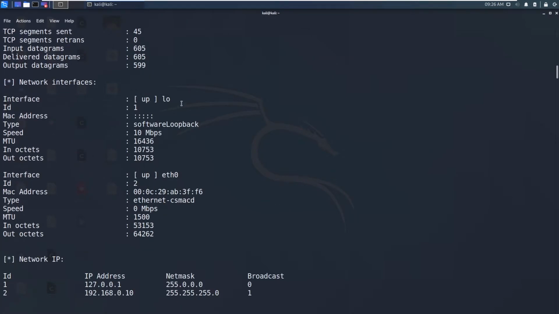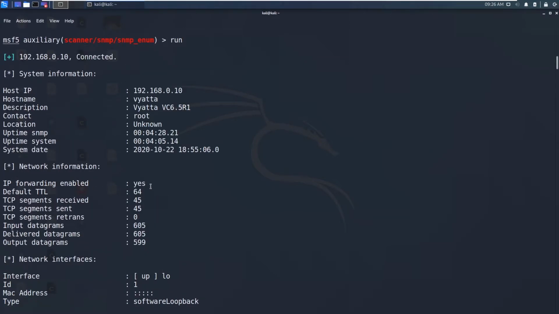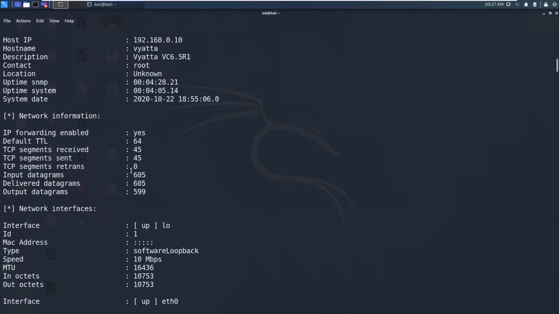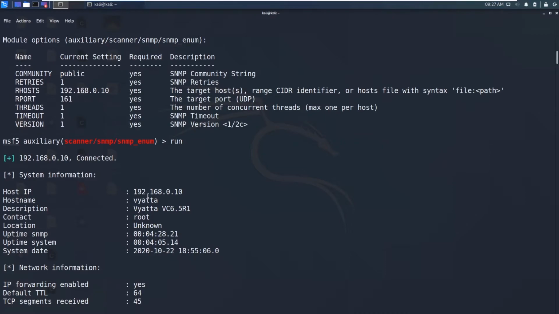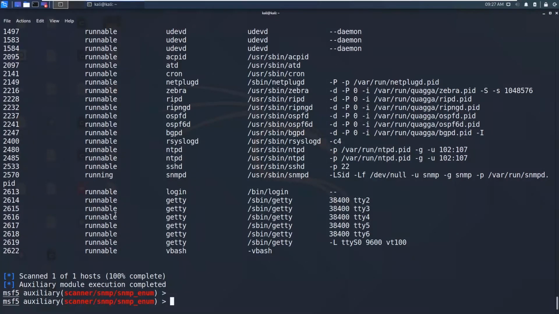You can see the network interfaces, loopback and Ethernet 0, and you can see the networking information and system information. You can see Vyatta and the description, the actual version number of this Vyatta. You can also use Google to search for exploits regarding this name to actually exploit the router software. So this is all about snmp_enum.